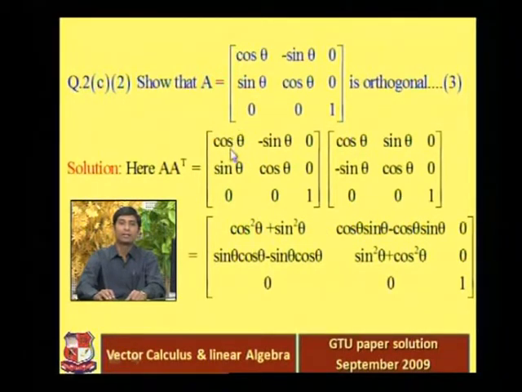that is our first element of the first row. Then multiply the first row of the first matrix with the second column of the second matrix. You will get cos theta sin theta minus sin theta cos theta. And then multiply the first row with the third column. You will get cos theta into 0, 0, minus sin theta into 0, 0, and 0 into 1, 0. So 0. Similarly,